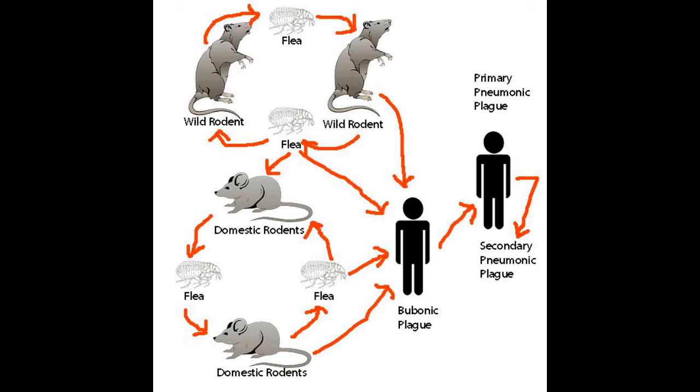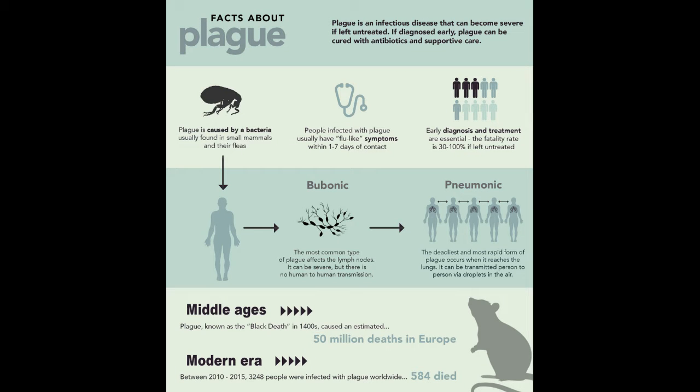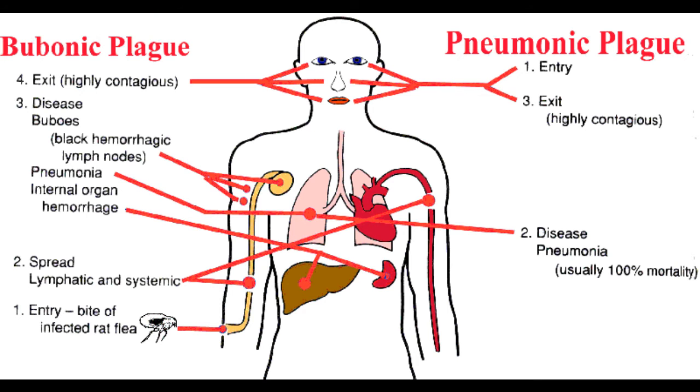Human to human transmission of bubonic plague is very rare. In a few cases, it has been seen that bubonic plague progresses to pneumonic plague when the bacteria reach the lungs of the patient. Bubonic plague has a mortality rate of around 30 to 60%, while the pneumonic form of this plague is fatal in the absence of any treatment. Both these types have good recovery rates if people are treated in time.